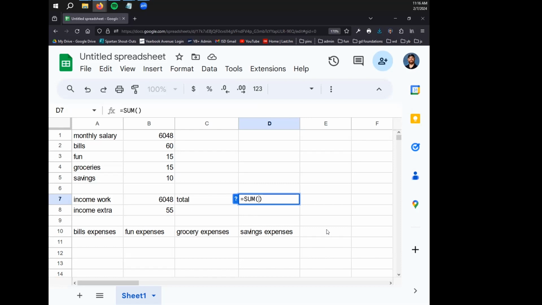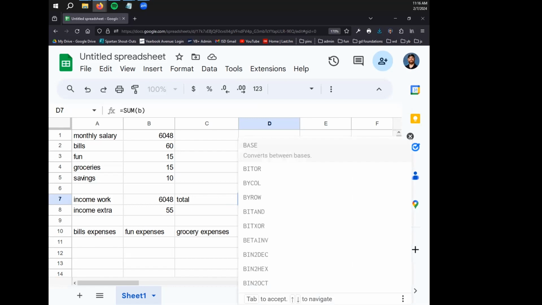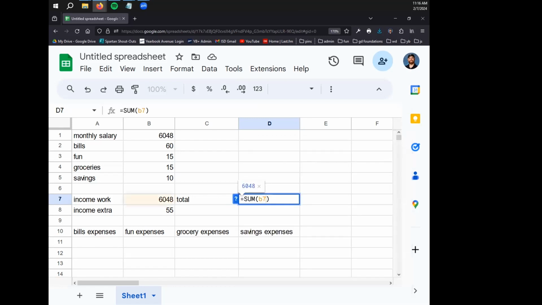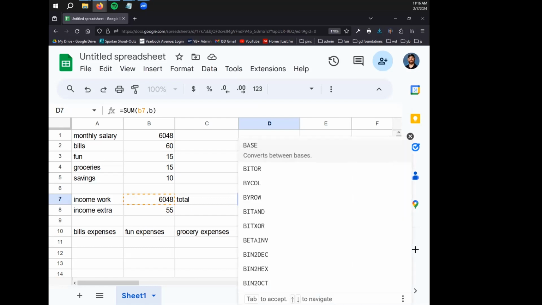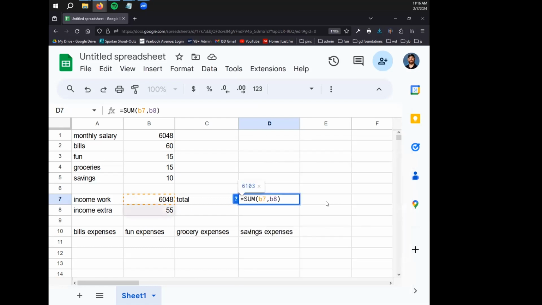To do that, we type the name of the cell with a letter followed by number. So this is B7. You can see it highlights it on my screen. And then we're going to add a comma to separate what we want. You can think of the comma like a plus sign. We want to add B8 to that. And when I click off of this sum function that you can see here, it's going to give me